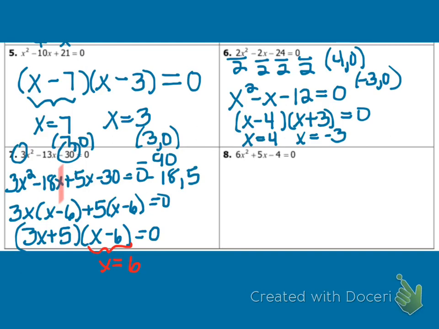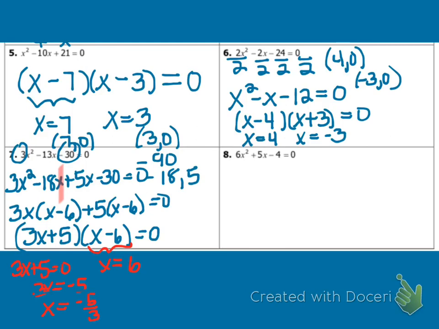Now the other one, eventually you'll figure out the shortcut, but if we set the 3x plus 5 equal to 0, we'd have to subtract 5 and then divide by 3, giving us x equals negative 5/3. Well, the shortcut is you just look at the constant term here and you take the opposite of it and then divide by the coefficient. So when you feel comfortable doing that, then there's really no need to write that little equation, 3x plus 5 equals 0. But as long as you need to, that's fine. It just saves you a little time down the road. So our two solutions are negative 5/3